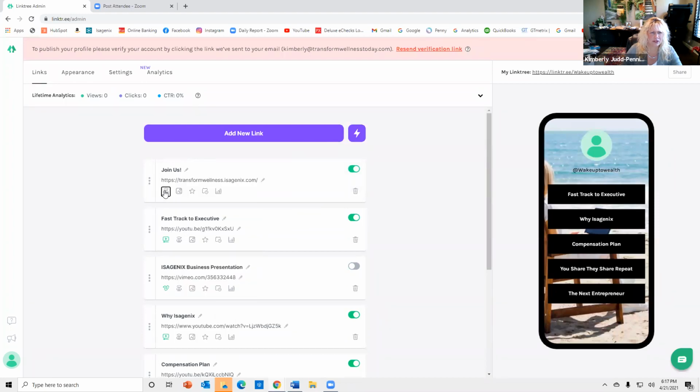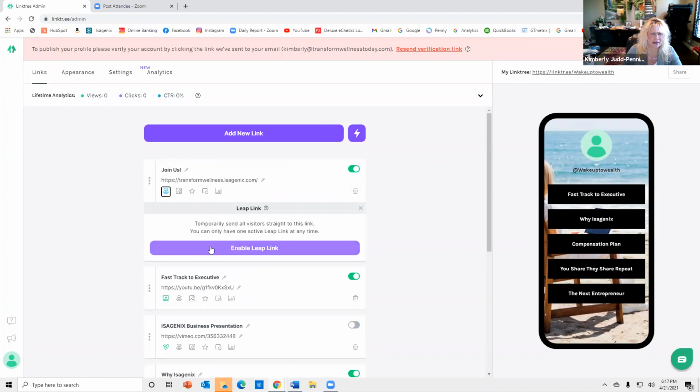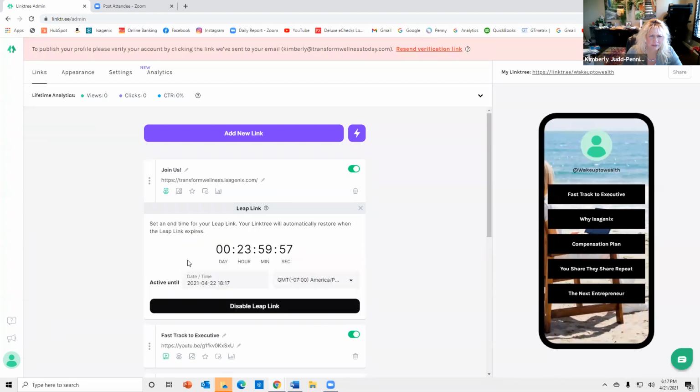And then, of course, this one, let's embed. Set an end time for your link leap. Your Linktree will automatically restore when link leap expires. Okay, well, I'm going to disable that